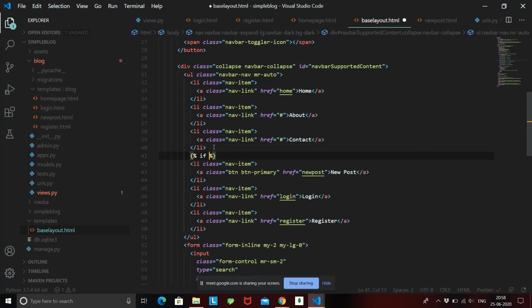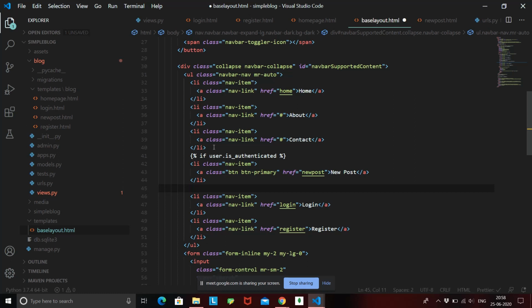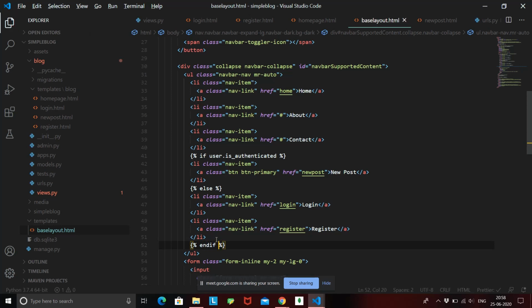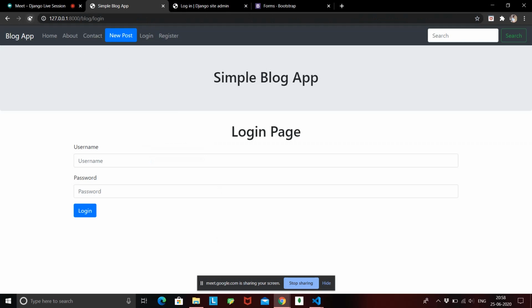We'll say if user.is_authenticated, then we have to show him this new post button, else we have to show him the login and register button, and we'll just end this if. Okay, so if I go back, I hope this should work.